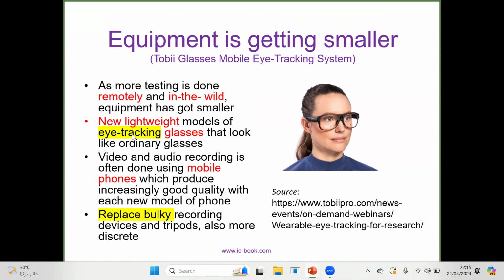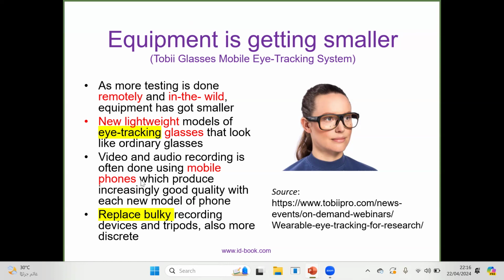New lightweight models of eye tracking glasses that look like ordinary glasses are given to the user to wear. When the user closes the eye or makes an eye movement, these glasses can even track the movement of the eyeballs. Video recording nowadays is done using simple mobile,